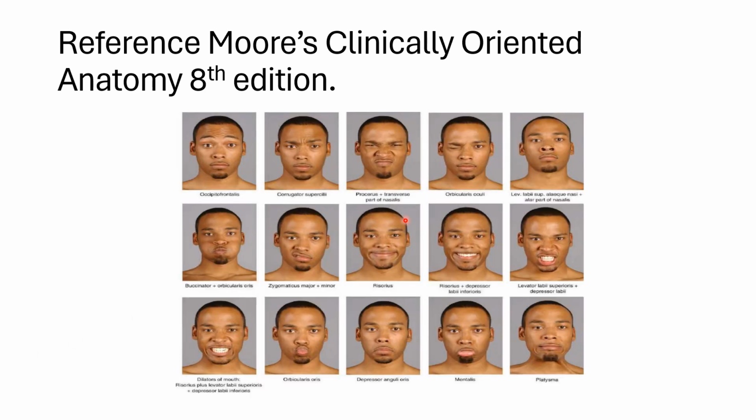Now, during the lessons that we have already learned, I told you that for the muscles of facial expression, only what they do is important. Origin and insertion are not that important. So here they can ask you which muscle is responsible for which movement, like risorius is responsible for smiling. At least you should know the smiling and frowning muscles.